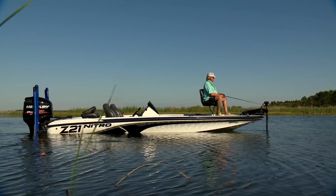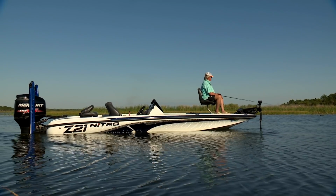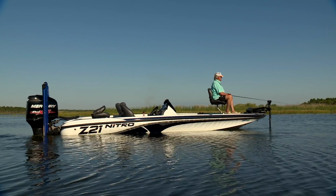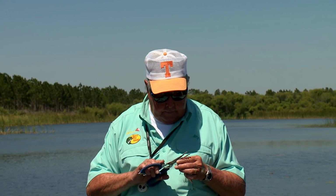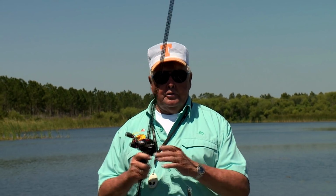This type lure works best in a clear to lightly stained environment. Being an eye contact bait, bass actually need to see the lure. I know for a fact it'll pull fish up out of deeper water, even when they're not that active. And that's saying a lot about one lure. If you're going to fish a jerkbait, summer, fall, winter, spring, and I recommend you give it a try,